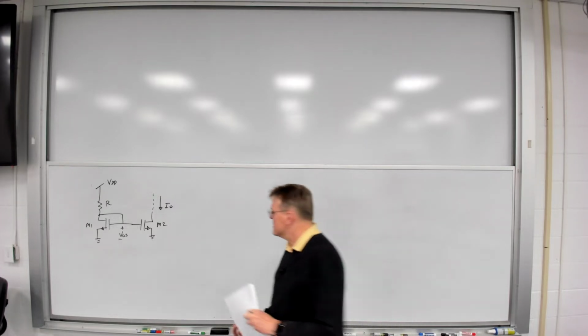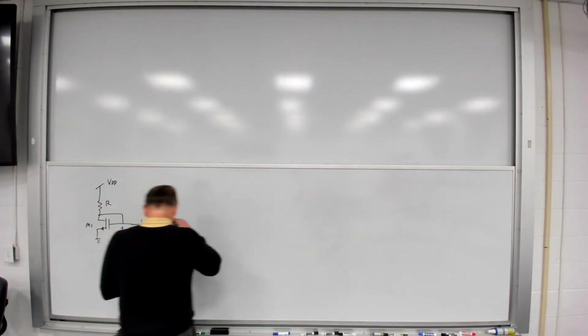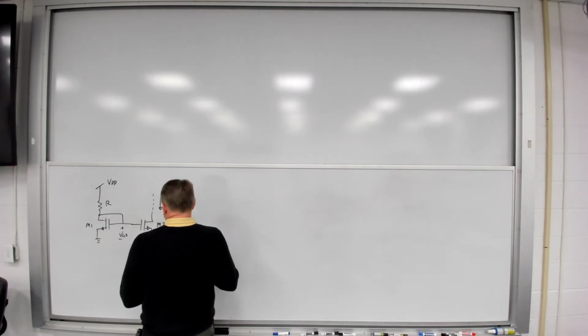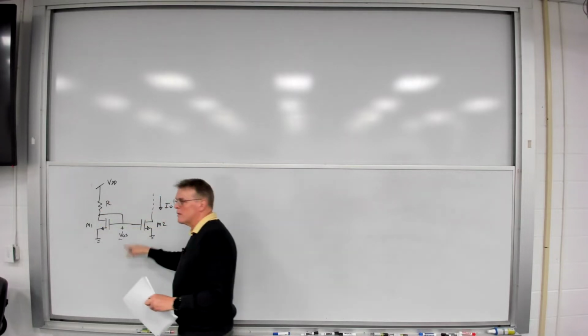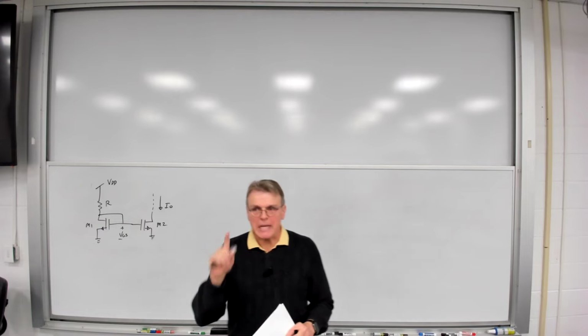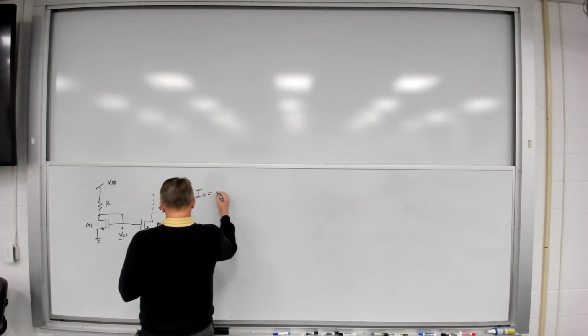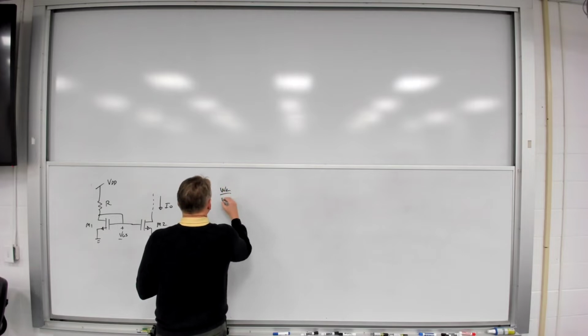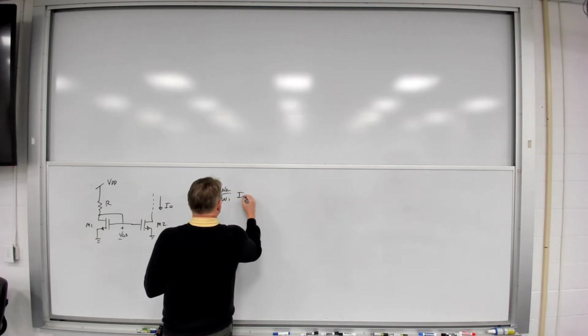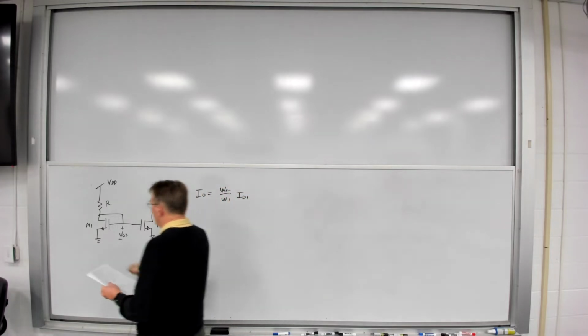So given this, as we saw last time, we could show that if these transistors are identical in every way, including the same length, then it can be shown that I0 is equal to W2 over W1 times ID1, where